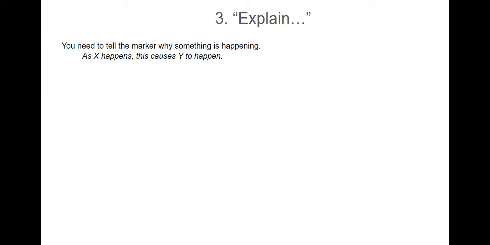Number 3, explain. You need to tell the marker why something is happening. For answering one of these questions, it's probably easiest to say, as X happens, this causes Y to happen. For example,